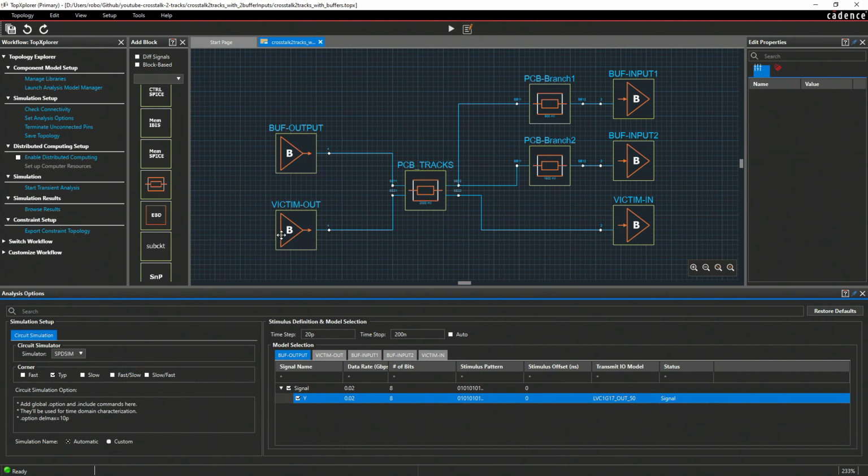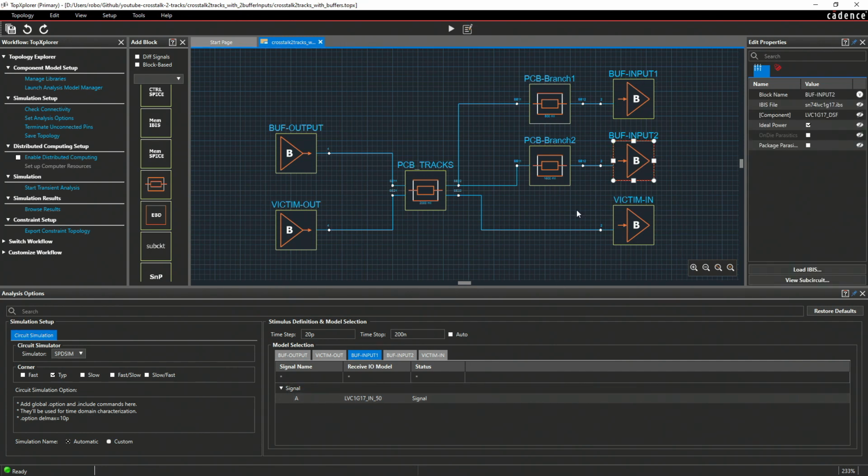For the victim output, again, we would like to use the 5-volt buffer, 5-volt output, but we are not going to run any signal from this victim output. We are going to just keep it set to 0. For the inputs, which are here, we need to only set the input type. So input 1 is set to 5 volts. This second buffer is also set to 5 volts, and this victim buffer is also set as an input for 5 volts. And we are ready to simulate our circuit.